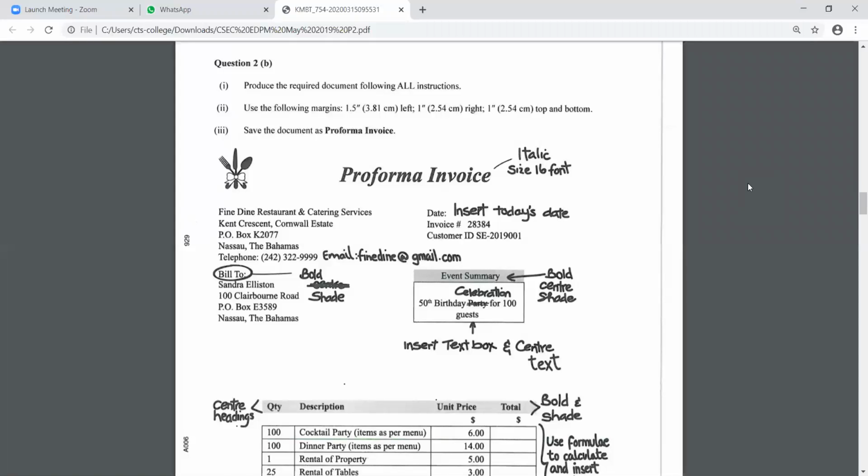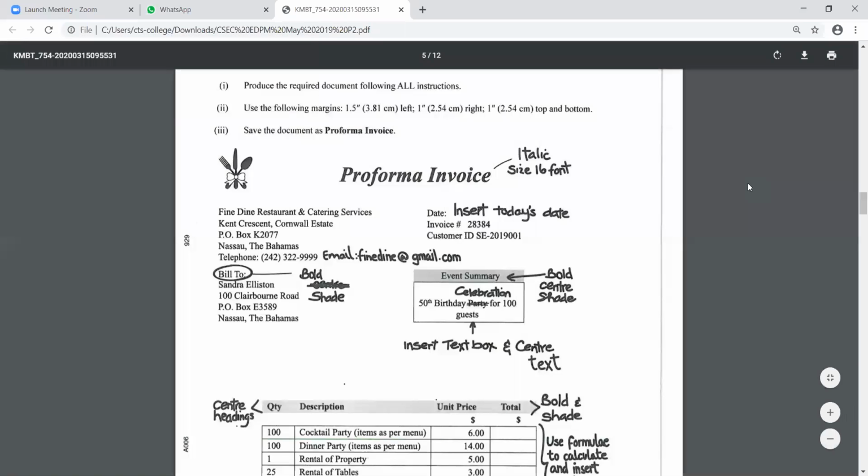Do you notice that in this instruction, the question never told you what application to use? It's just like the one you all got for the midterm, where you all were not sure if you had to use Excel or if you had to use Word, because all the question said was to create the particular document, right? But you have to know by looking at the document which is the best application to use. Do you understand that? Yes. So this question 2B is being done in Microsoft Excel, and Kevin is correct.